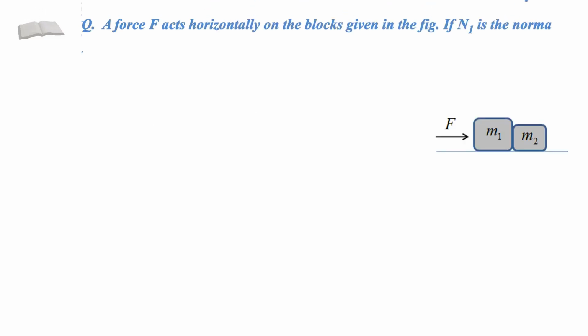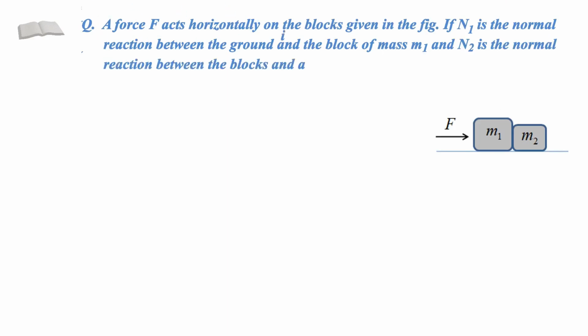A force F acts horizontally on the blocks given in the figure. If N1 is the normal reaction between the ground and the block of mass M1, and N2 is the normal reaction between the blocks, and A is the acceleration of the blocks, then